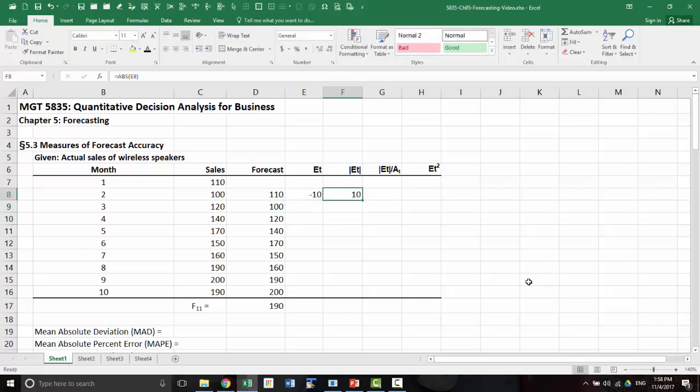Okay, so this column will give us MAD. Now if you take the absolute error and divide by the actual value, that will give you the proportion. And then of course we take the error and square it. So shift 6, square. Okay, so now we can copy